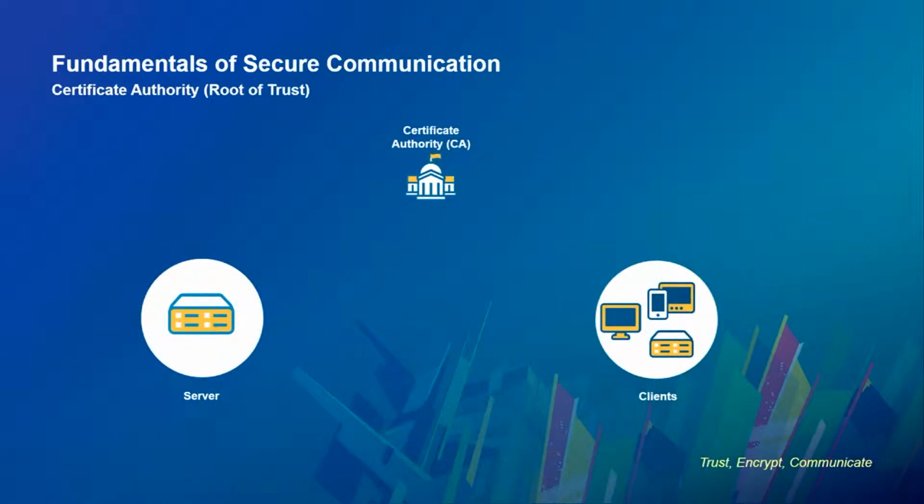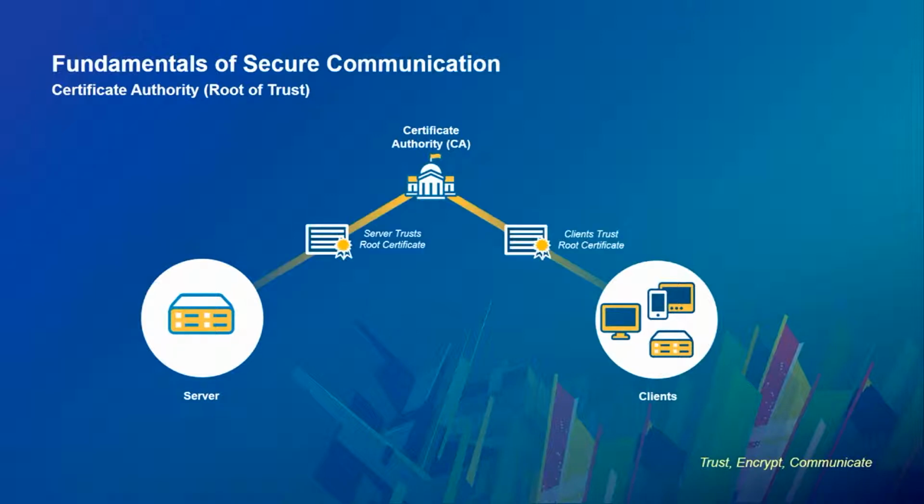So let's just talk about the certificate authority for a moment. This is the root of trust of communication. So with any network, whether you're on the public or internal, there's always going to be certificate authorities. Okay, and the certificate authorities have the role of signing and issuing certificates. And what is a certificate? A certificate really is a combination of a private key and public key pairing. If you ever decide to do a little research on the PKI environment, that's the essence of it. So certificate authorities are the ones that have to be trusted,